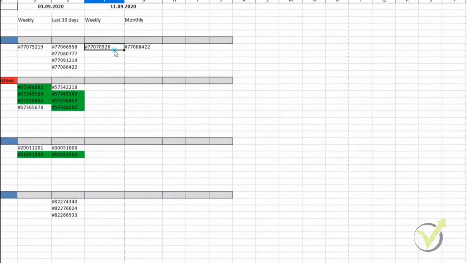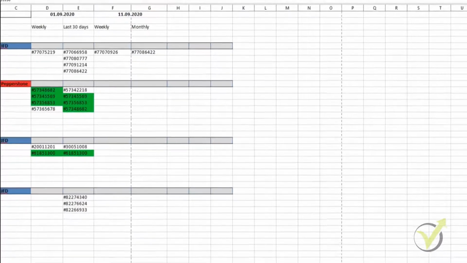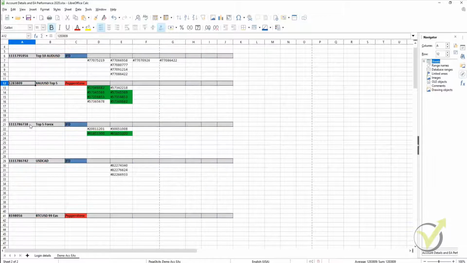As you can see, it is 2 different expert advisors. So in this case, I'm not going to be trading any Australian dollar, US dollar expert advisors on my live platform. We're going to leave the gold for now because that is on a different platform. So as you can see, this is my JFD and this is my Pepperstone. So for now, I'm just going to do all of my JFD, and the expert advisors that do fall into the criteria that I'm looking for, I will put onto my live JFD account. So the next one we're going to do is this top 5 Forex.